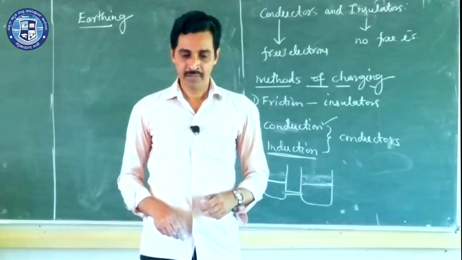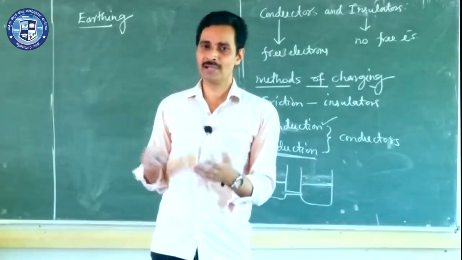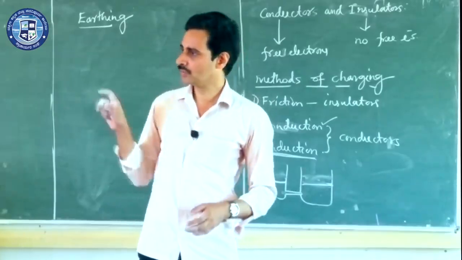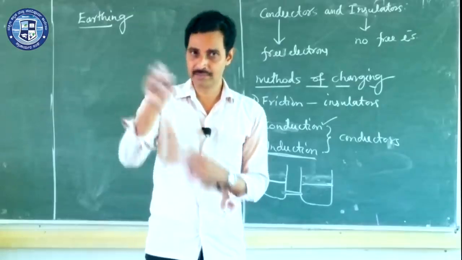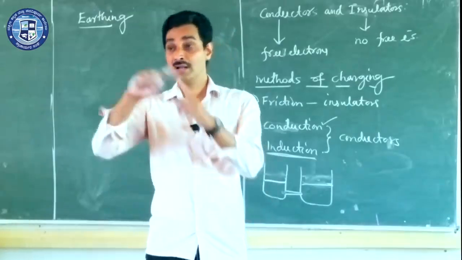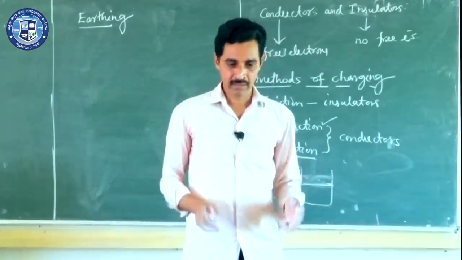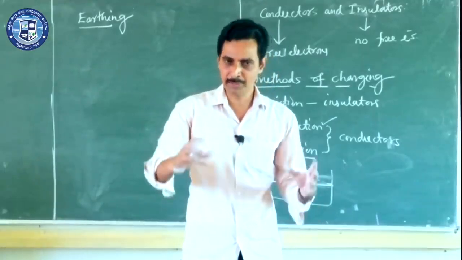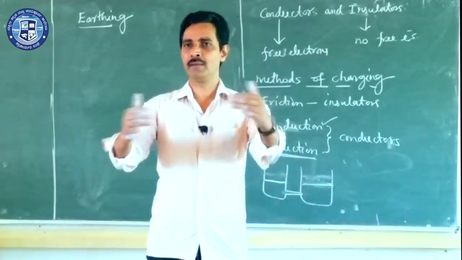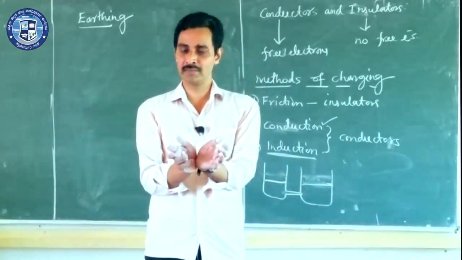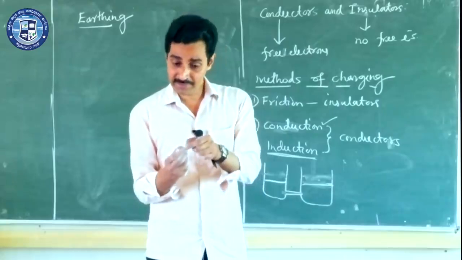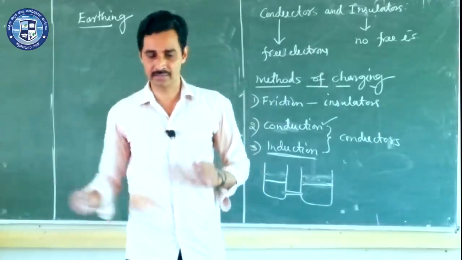Why is it done? Because whenever you connect an instrument like a grinder or iron box to the earthing, to the plug, one of the wires connected to the earth is also connected to the body of the instrument. The iron box body is made of metal. Even the grinder's body is metal at some parts, and that part is connected to a wire, and it is connected to the earth.